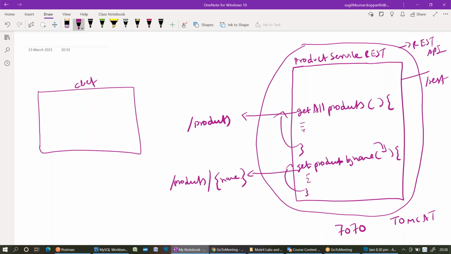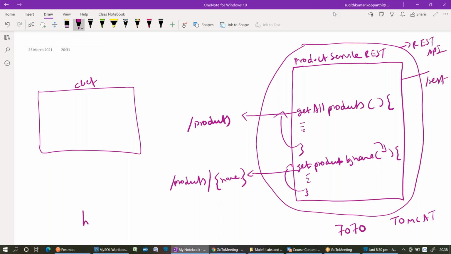Now, can you please tell me what request I can send in order to consume get all products here? Application server IP followed by /REST/products. Can you elaborate that?